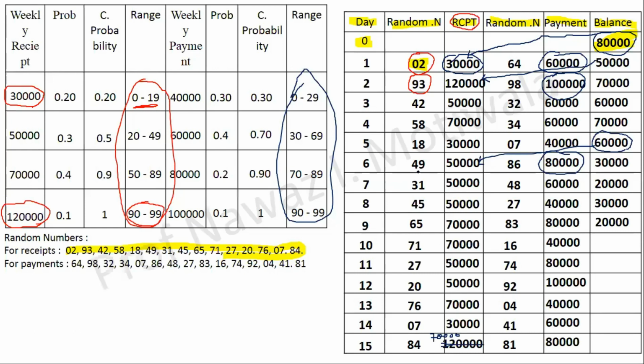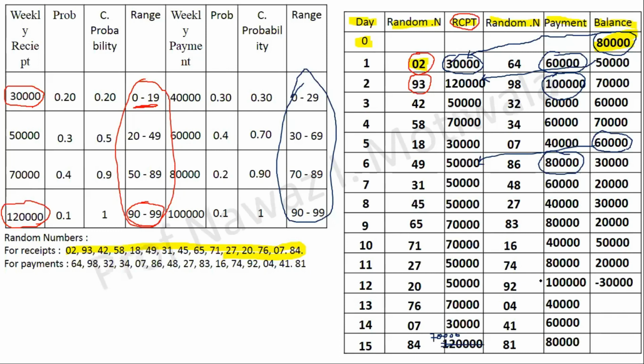Use a little simple logic. 50,000. 2 plus 7, 9 minus 4, 5. Yes, 50,000. Then 20,000. Sir, after that the balance is going negative. Let it come, the balance is negative, that's fine. So 20,000 was there. 50,000 I got receipts. So it will be minus 30,000. 1 lakh will be minus 30,000.